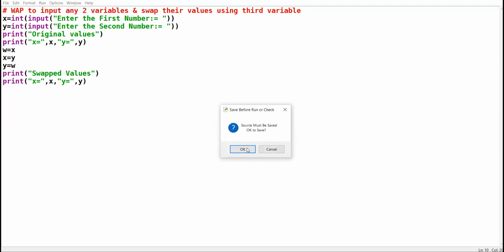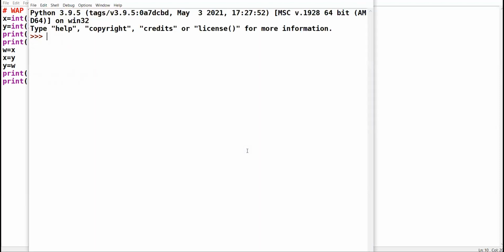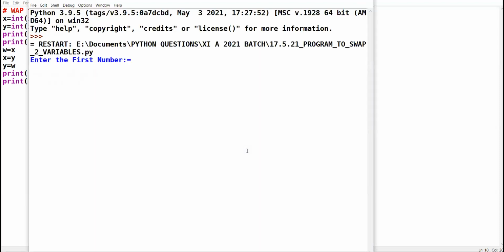So I run the code. Enter the first number x, 10. Enter the second number 20. See here, original values x 10, y 20. When we swap, when we interchange their value, x becomes 20, y becomes 10.